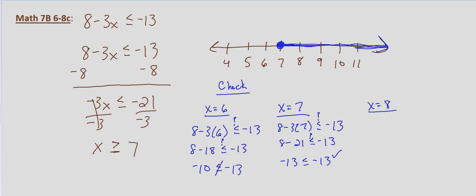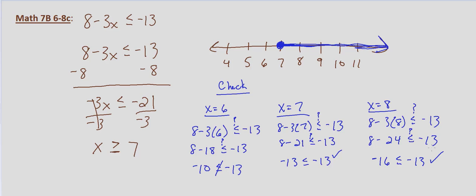So I'll go to 8, and 8 minus 3 times 8, is that less than or equal to negative 13? So that's 8 minus 24. Is that less than or equal to negative 13? And then 8 minus 24, that is going to end up being negative 16, which is less than negative 13,